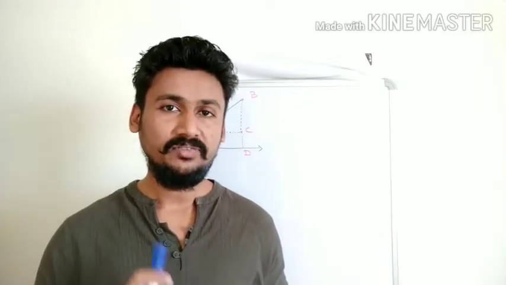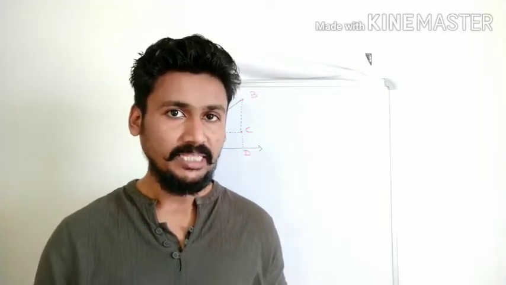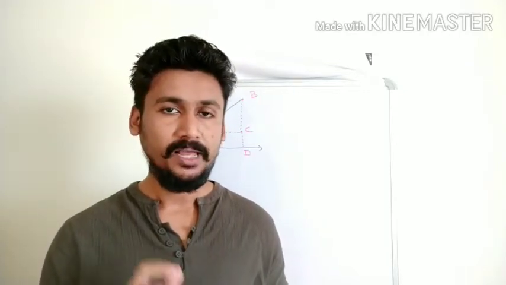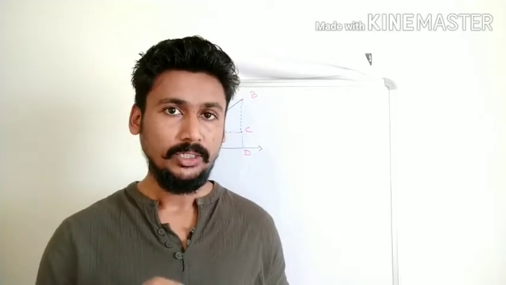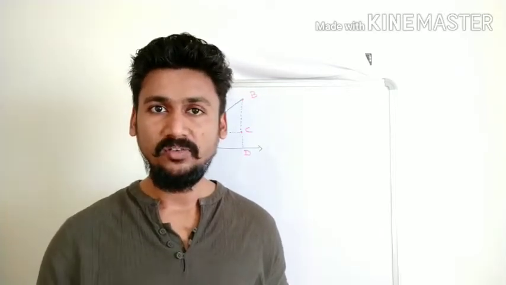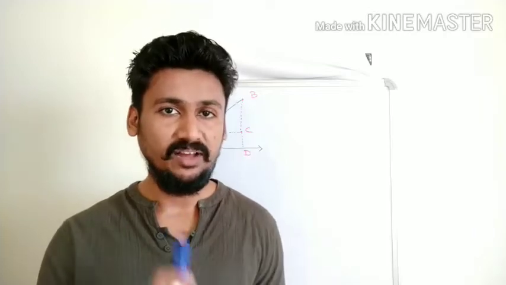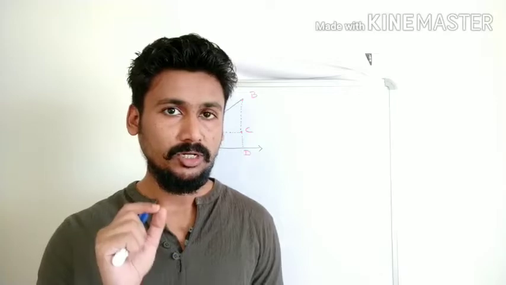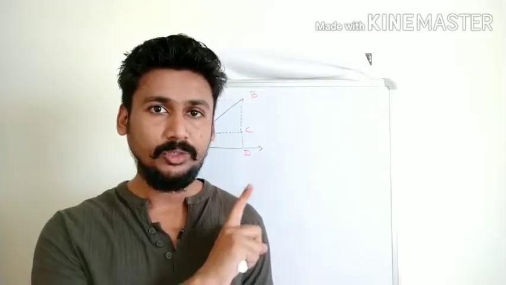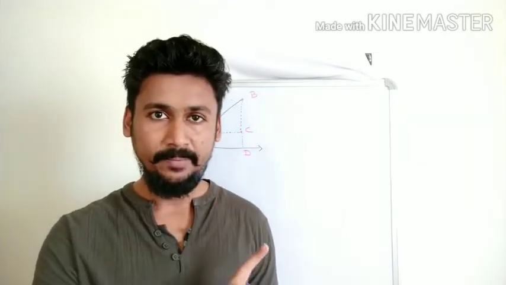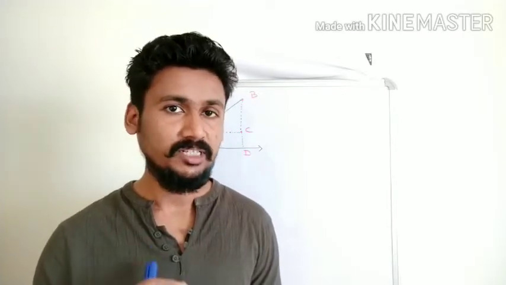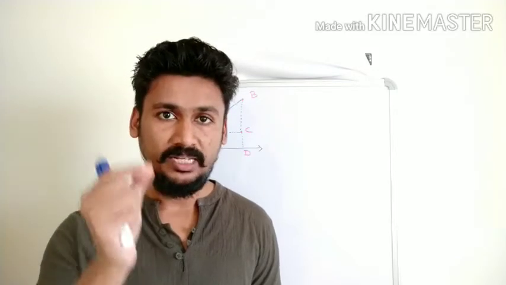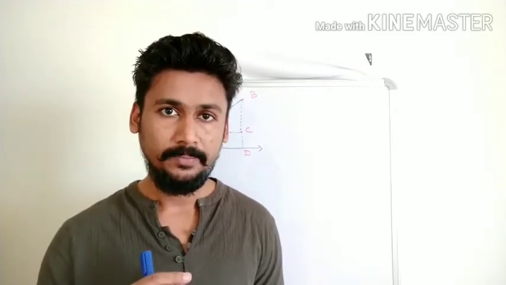So this derivation is very important, okay, from the exam point of view, as well as this is going to help us understand graphs a bit more. So we are going to derive the three equations of motion by using something called the graphical method. Now what I want you to do here is sit with your notebooks. As I am solving on the board, you are going to make the diagram and write the steps of this derivation one by one. Is that clear? And you can pause the video if you have to write any step properly.